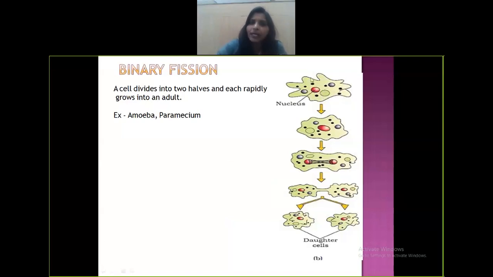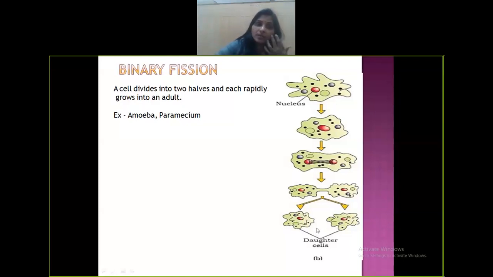So a cell divides into two halves. See, all the content is getting doubled and the cell will just stretch out like this, and there's a cleavage formation over here. You can see here, stretching out, there's a cleavage formation, and a single cell divides into exactly two daughter cells. There is no variation at all. Whatever the content was in the parent cell, everything is being transferred here equally without any changes. That is why they are called clones.